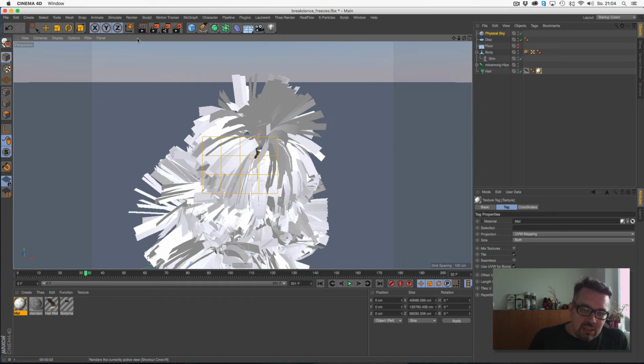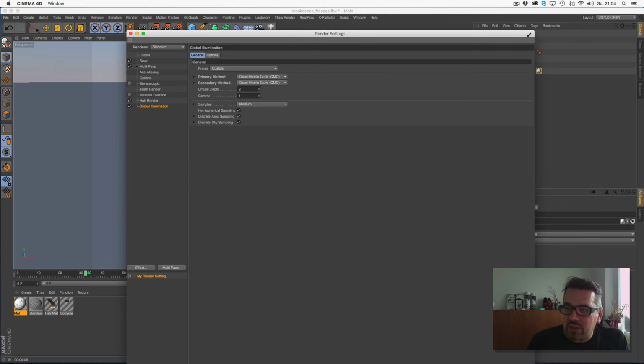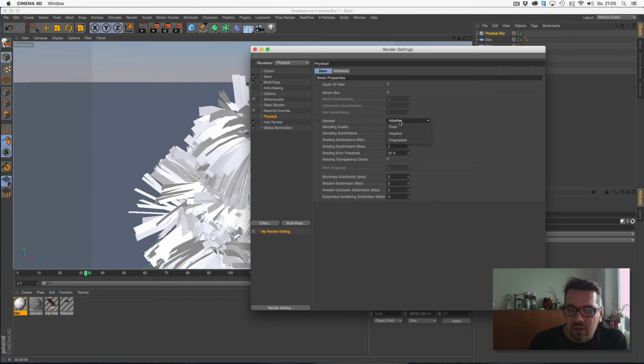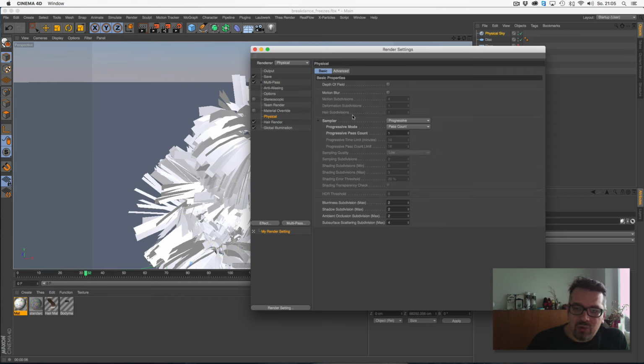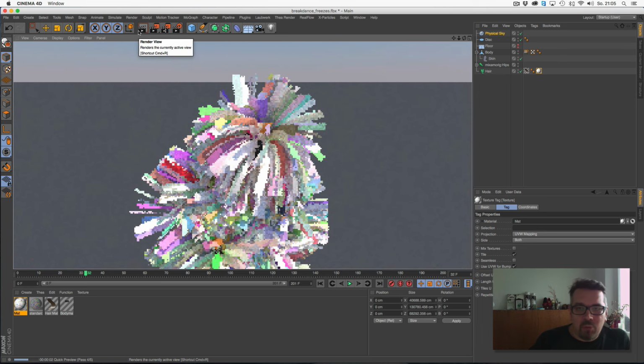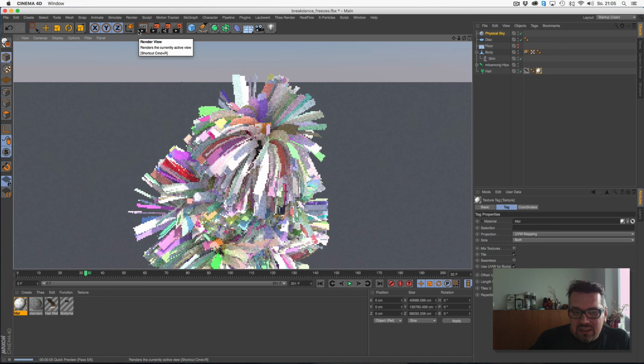So now we see, yeah, it's very slow, but what I use in this case is setting to physical render, going to progressive and from pass count to just one pass. This reminds me sometimes of the IPR from Arnold or something, because this is a very fast mode in Cinema 4D. It's nearly the same. You get a very informative preview in just a few seconds. And in our case, this is how the stuff looks now.